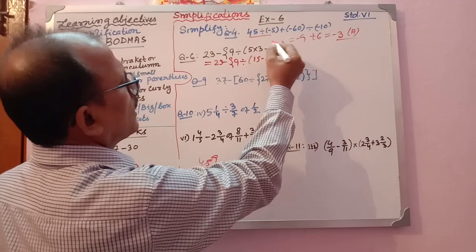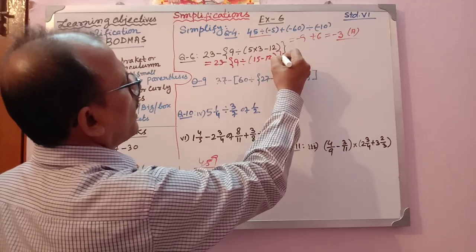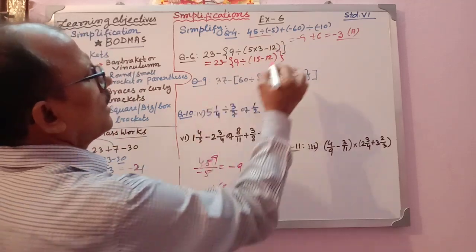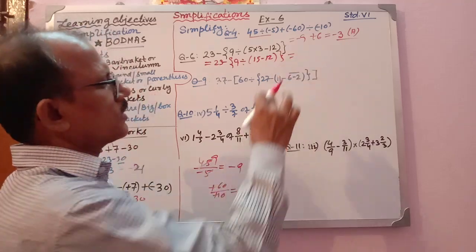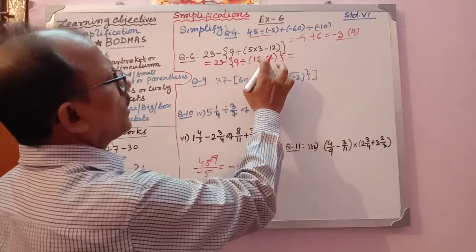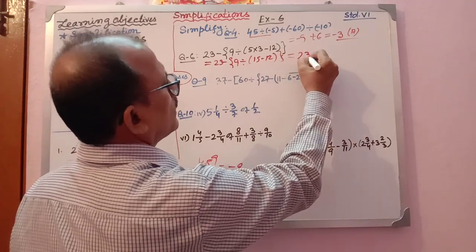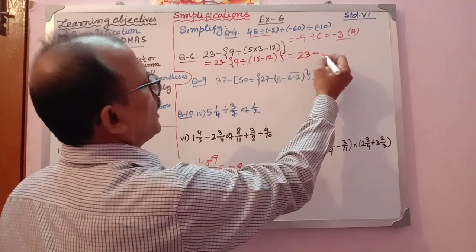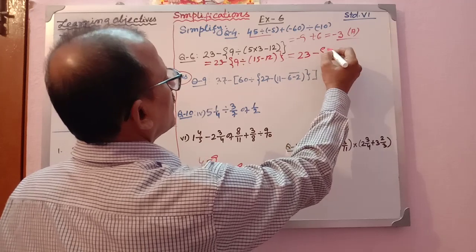Could you understand? Now remaining you write down as it is. Okay. Now you got it. Now next step. Don't go for step jumping in simplification. Answer will be wrong. Now 23. You do again, bracket work is not over. Let the bracket work be over. Minus. Within the curly bracket, the simple bracket is not removed.